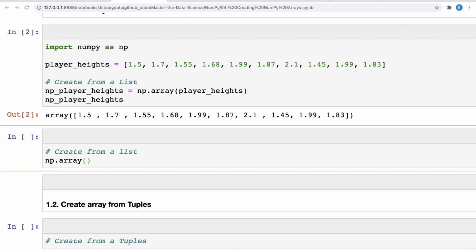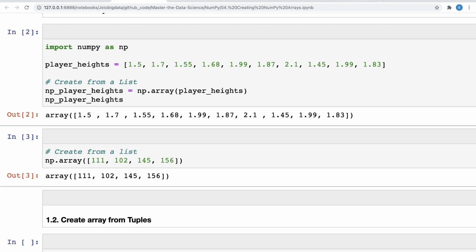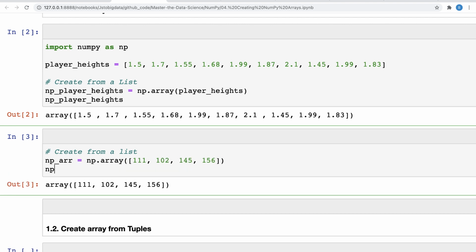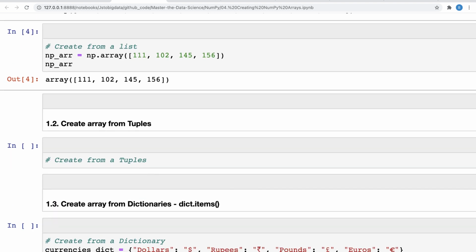And I just say 111, 102, let's say 145 and 156. Okay, and this also would convert it to an array. I just store it somewhere just for the namesake, and so that if I want to refer to it later, I can access that easily, right?